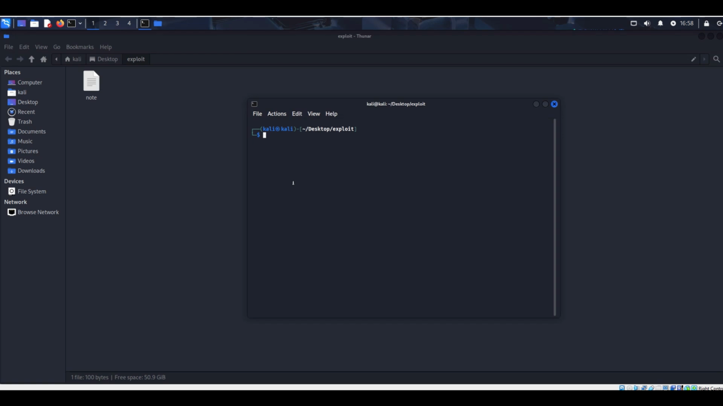So let's work. MSFvenom. Let's explore the Windows x64 Meterpreter reverse TCP. LHOST is your machine. If you have